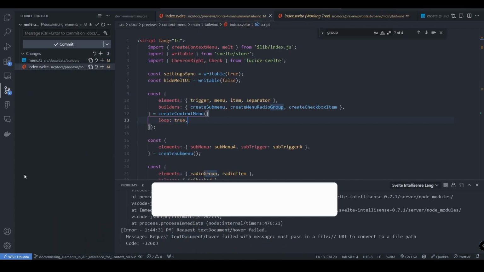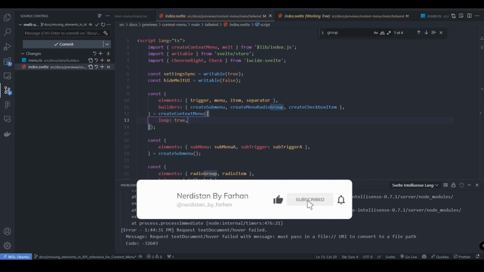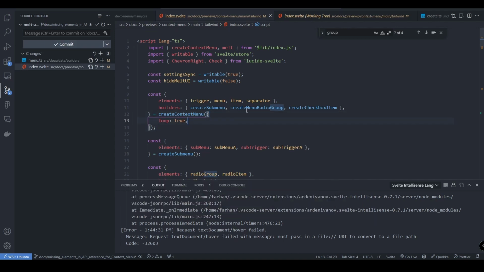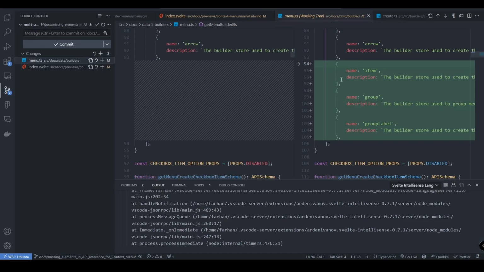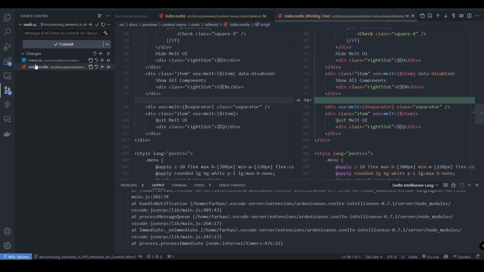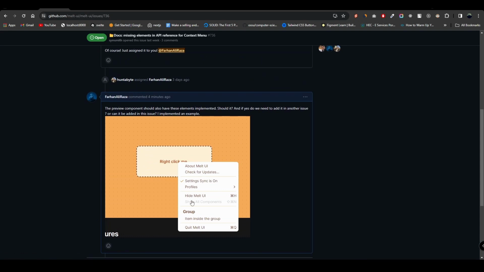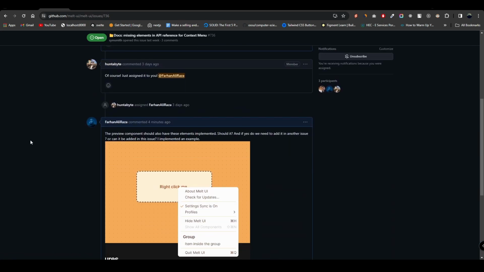When I started, I did not know anything about this code base, and now after about 2 hours I basically know what I am adding in the documentation: what item means, what group means, what group label means. I also implemented a sample usage of group or group label, and I messaged it in the